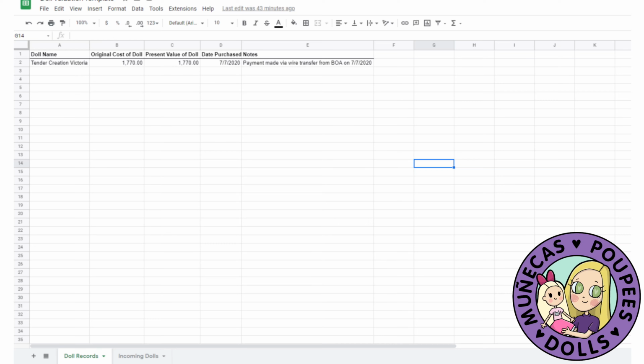So the first thing and the most important thing if you're considering having your collection insured is that you need to have excellent records about the dolls that you have and about the value of those dolls. And so what I do is I have a spreadsheet. I actually use Google Sheets because that's out in the cloud. So if something were to happen, like my house were to burn down, there's not a physical record somewhere sitting around of my dolls. I've actually got it stored in the cloud, so I could go pull that from another computer when I got a new computer or whatever, and I would be able to access all of the records